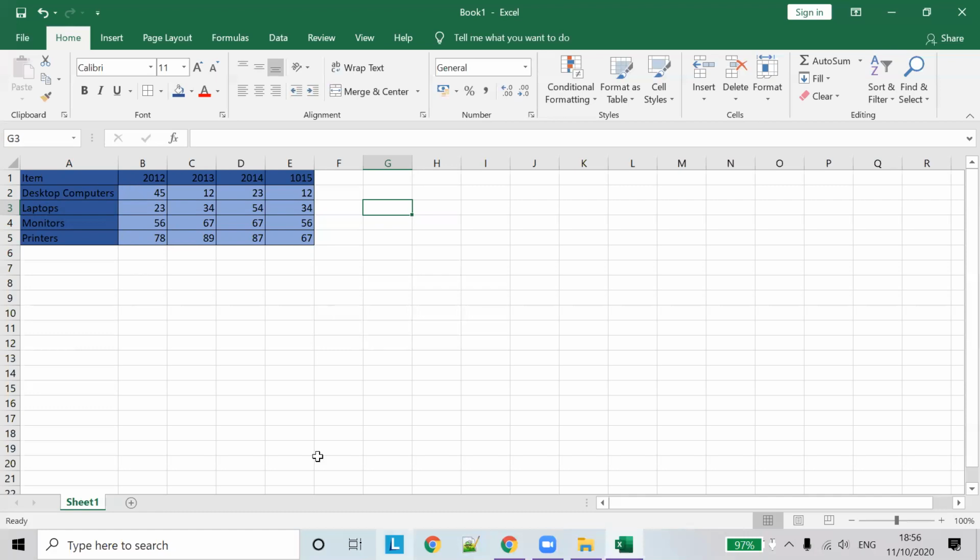The column contains the sales years, and this column has the items sold. These are the sales volume, the quantity of items sold, displayed in this table.